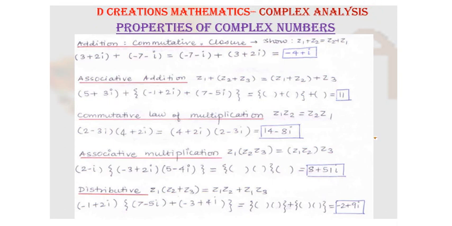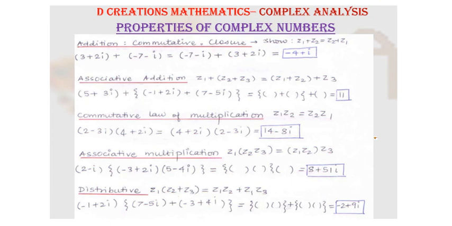We already know what complex numbers are and that their form is, say, a plus ib, where a, b is an ordered pair of real numbers. We also know how to add two complex numbers, subtract two complex numbers, etc. And of course, in all these, we have assumed that i is the square root of minus 1. Now, today we are going to see some axiomatic properties of complex numbers.